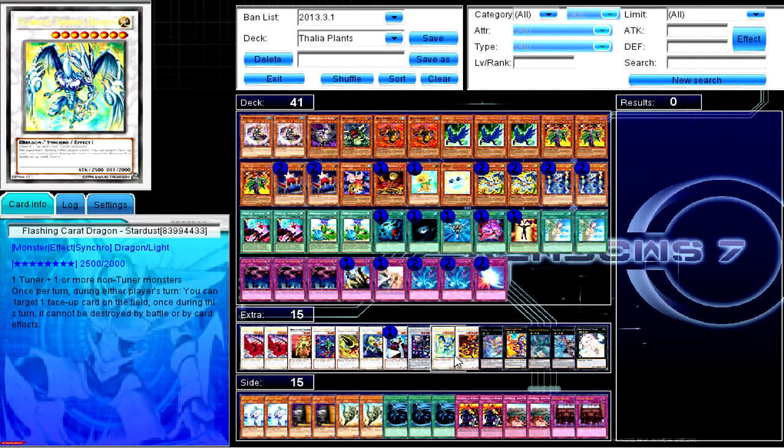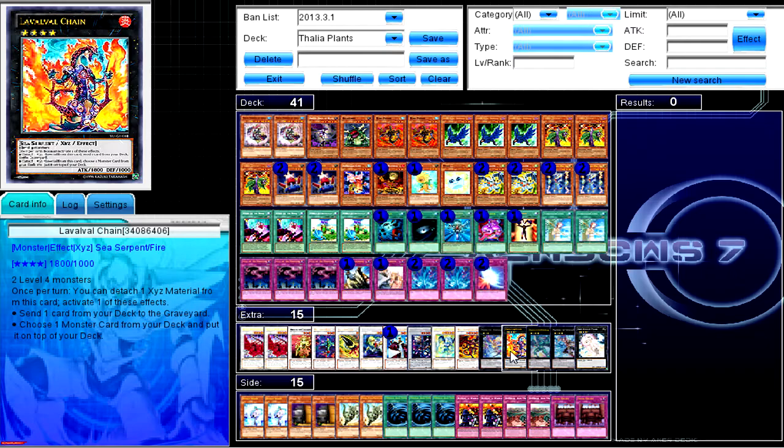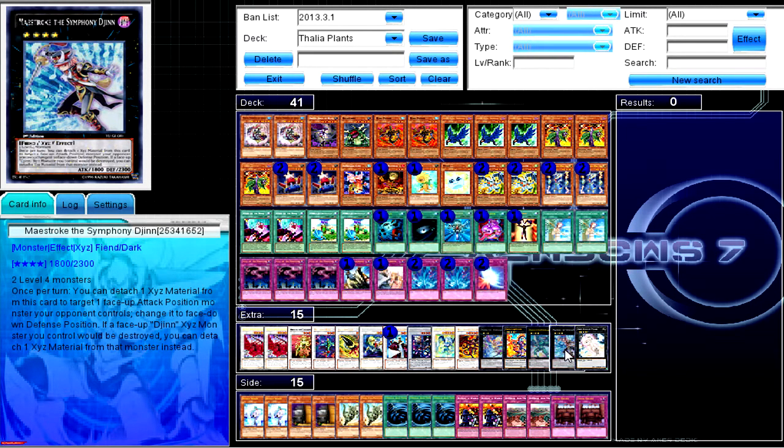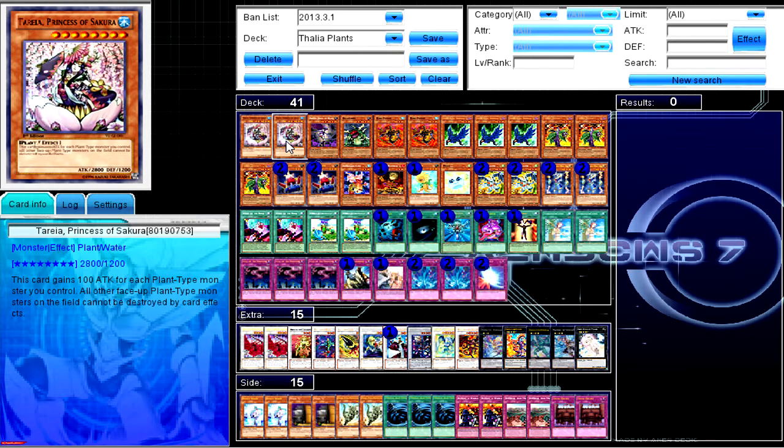Flashing Carrot Dragon, Stardust, Red Dragon Archfiend, Wind of Zenmane. Well, for the Xyz we have Wind of Zenmane, 1 Lavalval Chain, 1 Digusto Emerald, 1 Maestro Simnijin, and 1 Gemini Pearl. So, as I mentioned before in the video, what I want to try to do is